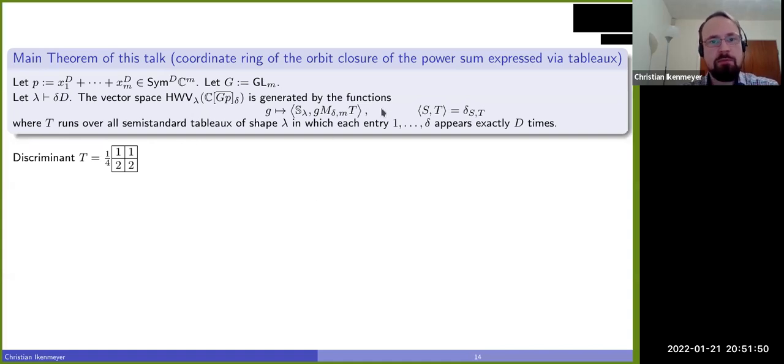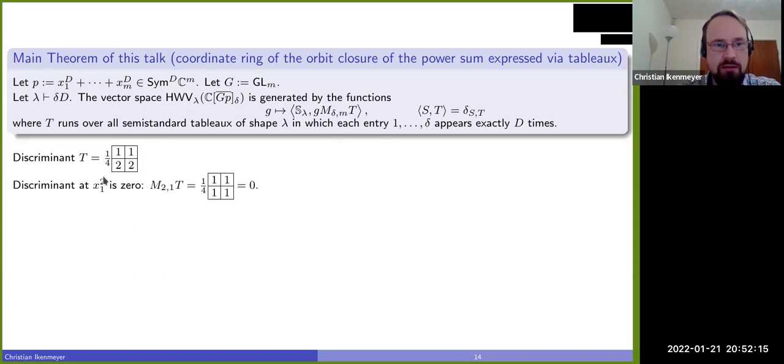apply this, right? Of course, I want to say something about the proof, but that's not the main interesting thing now. Maybe I want to say something about how to apply this, because this is extremely hands-on, right? So, for example, you can take this tableau here, and I just call it the discriminant. We don't know it's the discriminant at this point, but this is going to be the discriminant. And we can evaluate it, say, at this power sum, right? Because this tells us how to evaluate something at a specific power sum, but also in the orbit closure of the power sum. But in particular, if G is the identity, we can just have a look, right?